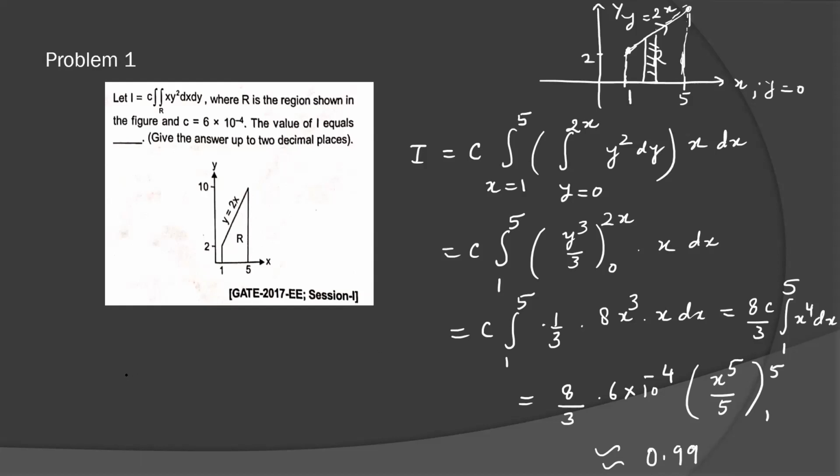Suppose if you want to draw the strip parallel to the x-axis, then there is a problem. We have an intersection point also. So for that, you have to draw two regions, because the head and tail of the strips change. Here the tail is different, here the tail is different. But parallel to the y-axis, the tail and head are not changing in the given region. So it will be better to draw the strip parallel to the y-axis.